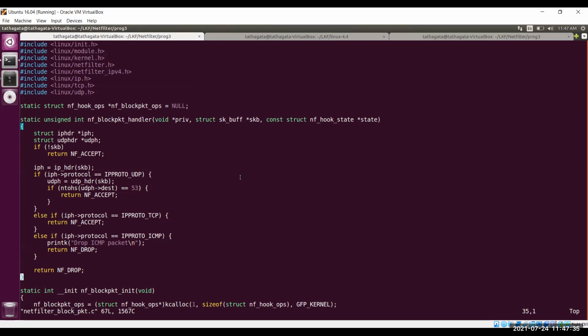Just with the iptables tool. Sorry? We can drop these ICMP packets even with iptables by adding an iptables rule to the input chain. Yes, actually internally it is doing it this way. I'm showing you the internal details of iptables.